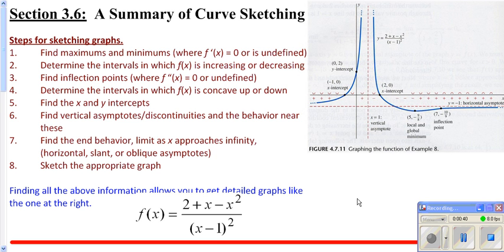That would be when your second derivative is positive for concave up or second derivative is negative for concave down. Find your x-intercepts and y-intercepts. Look for your discontinuities. If you have vertical asymptotes, you want to say, okay, what's happening on each side of